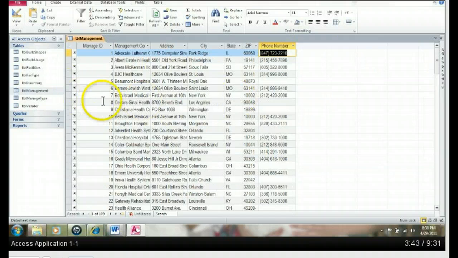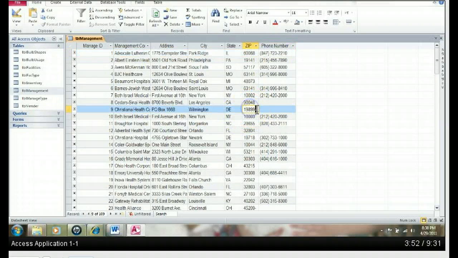Okay, now you're going to make changes to manage ID number 9, and you're going to add on to this zip code here. 668, and add a phone number.